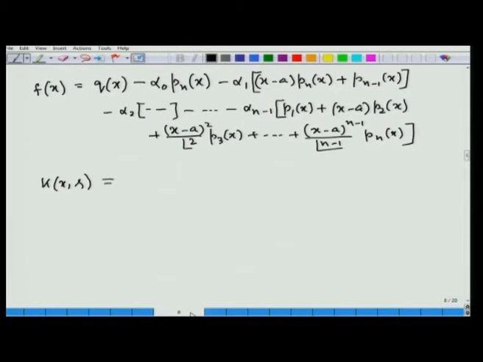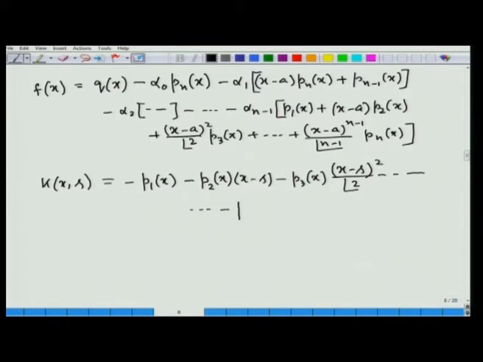So, proceeding in this way, ultimately we will be having this expression, that is minus p 1 x minus p 2 x multiplied with x minus s minus p 3 x x minus s whole square by factorial 2 minus dot dot, the last but one term will be minus p n minus 1 x x minus s whole to the power n minus 2 by factorial n minus 2